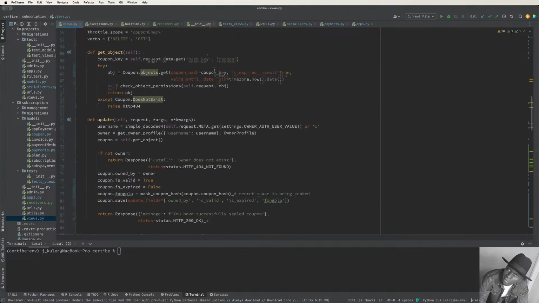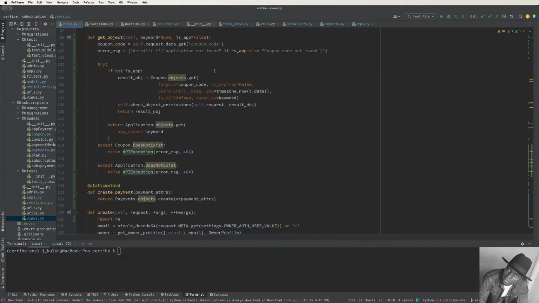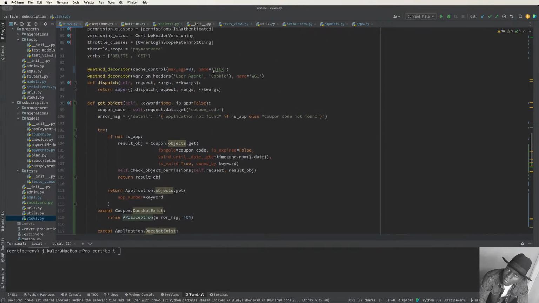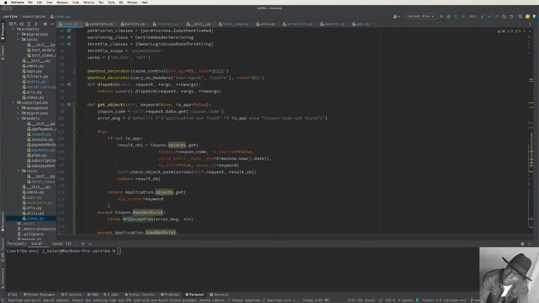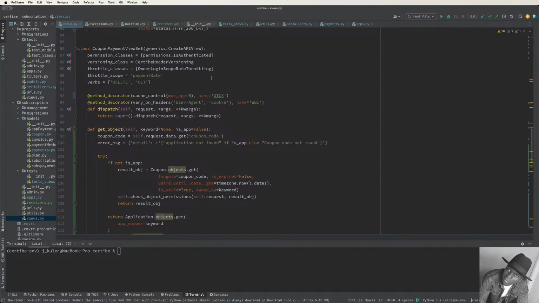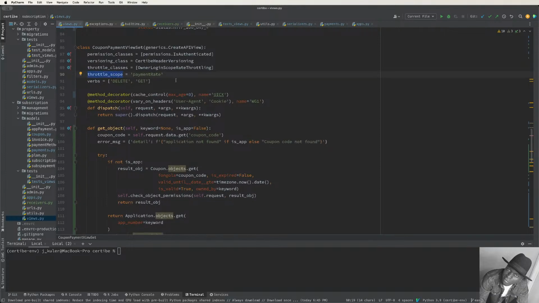Where are we? We are here on coupon payments, right? We define our throttle for that particular endpoint. We want to make sure the endpoint will be rate limited, with no excessive requests. I think the throttle here will be effective because